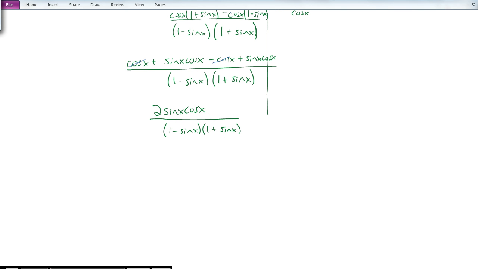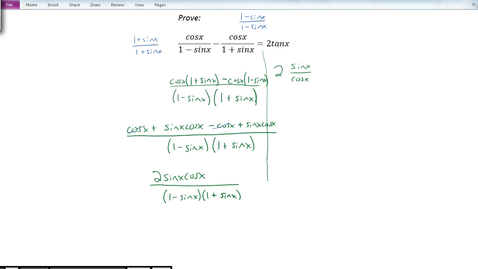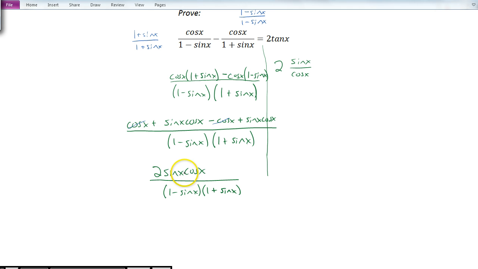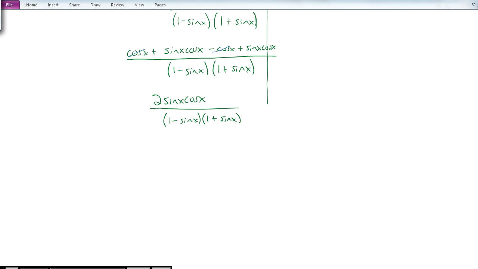And I'm looking at this right side and I'm like, oof, okay. Well, the progress I've made here is that I have the 2, that's good news, and instead of having two complicated fractions, I've got one fraction that has a 2 in front of it. So progress is being made, but somehow sine x cosine x over 1 minus sine x times 1 plus sine x is equivalent to sine x over cosine x. I'm wondering how that's going to work out. So I'm just going to pull the 2 out,